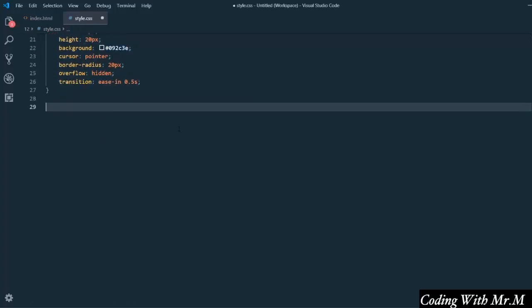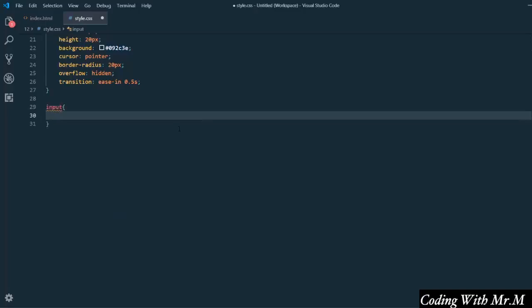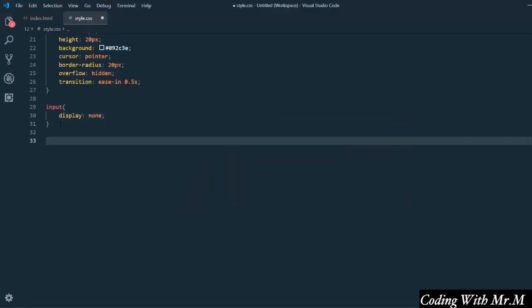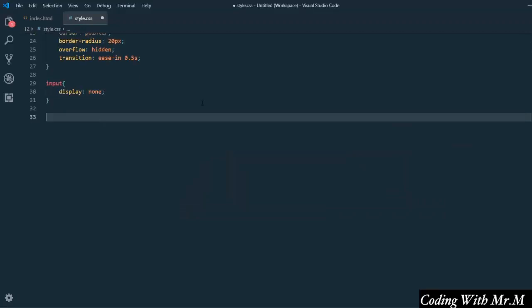And we're using a display block. So we're going to change our input, which is our checkbox, to display none. That just makes the checkbox disappear because the checkbox is automatically added by your browser. So what we're going to do is when our box is checked,